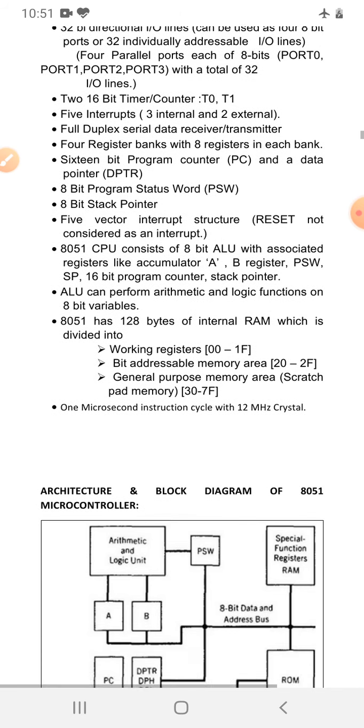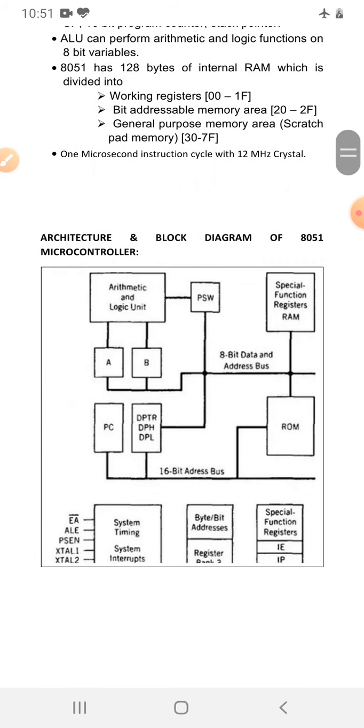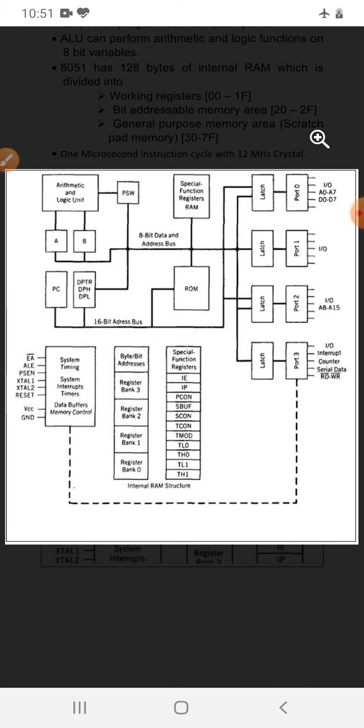Next, beginning with the architecture of your 8051. The 8051 is based on the Harvard architecture with the RISC concept.